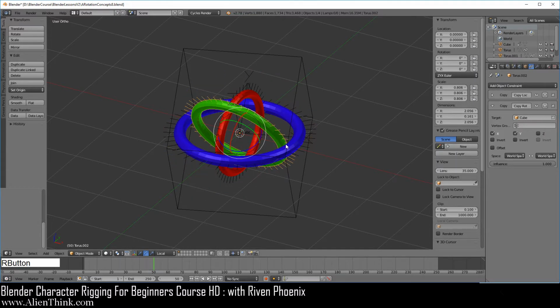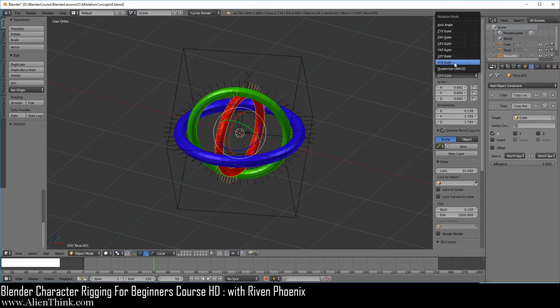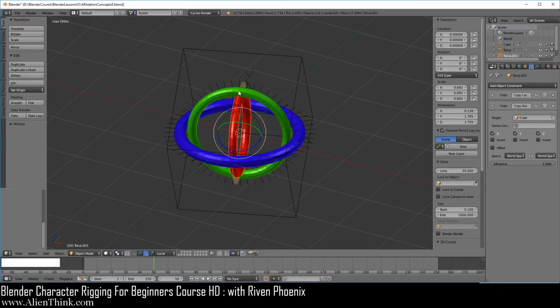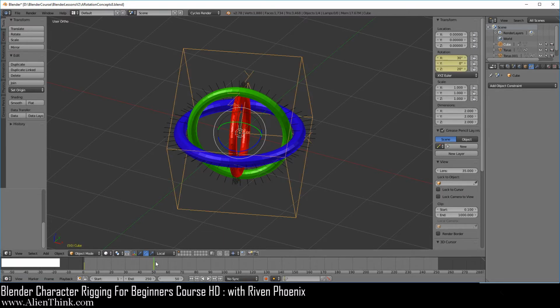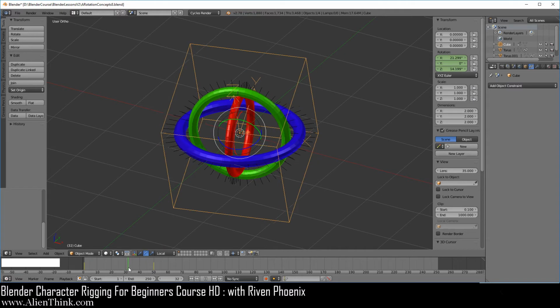Go ahead and click on the Y ring, switch this back to XYZ, and go ahead and click on Z and turn this off. Click on the X ring and go ahead and switch this to XYZ, and here we're going to go ahead and click on all of these because now this is again going back to the local x-axis of the object. Now when you scrub through this, it will still work just fine.